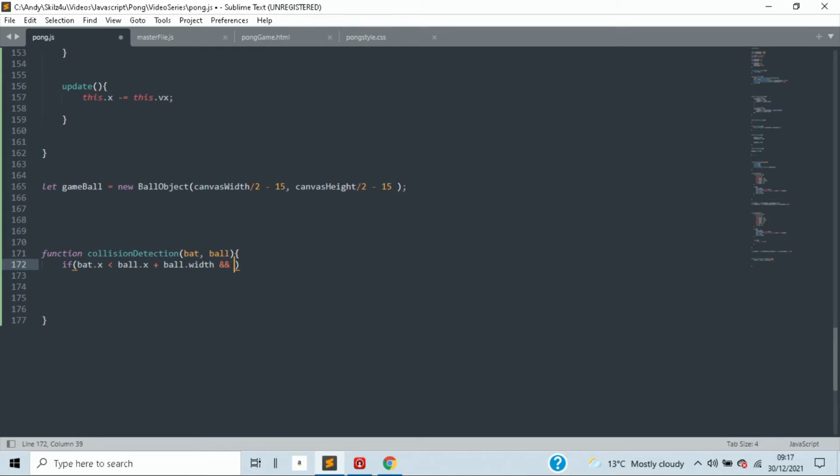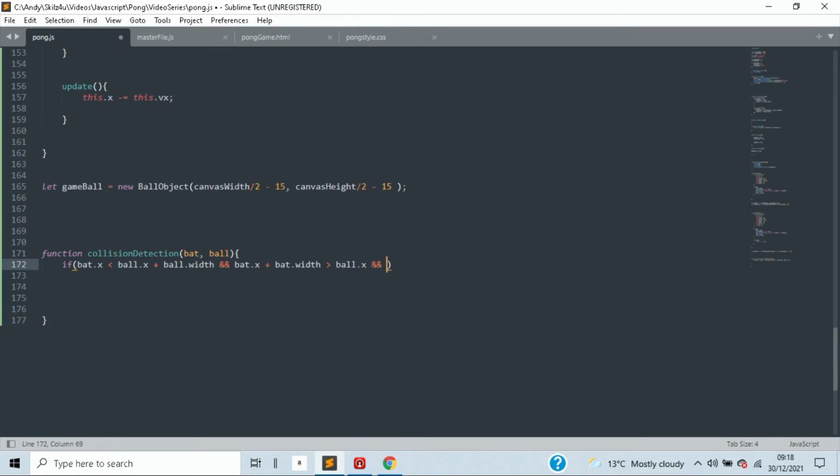We need 4 conditions here. And if bat.x plus bat.width is greater than ball.x,